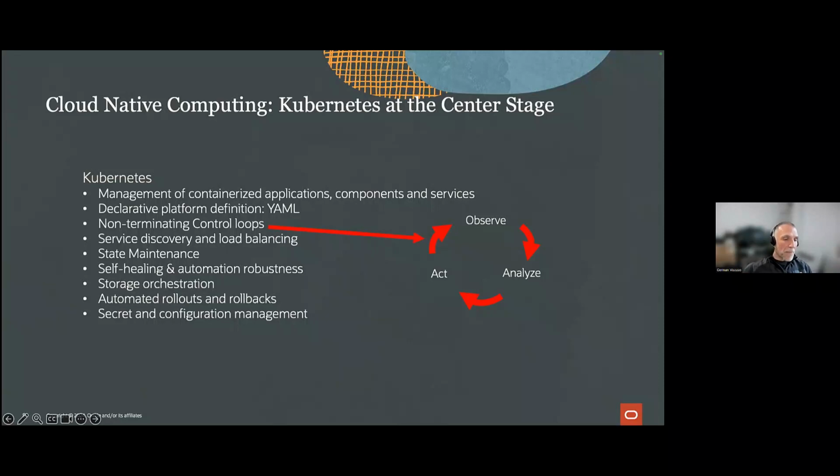This is something important, because this is not only applying something, doing a hit and run, and then not monitoring it. The system is making sure that we are honoring those specs, and it's doing a loop, as you can see there, where we are observing, analyzing, and acting. It's doing that in a constant loop, where all the resources are being monitored and compared against these YAML specs. So this is also a control system. It's not only an apply system, to put it some way.